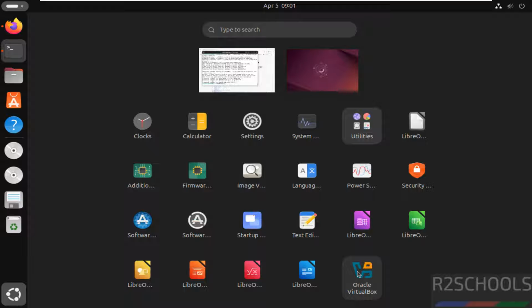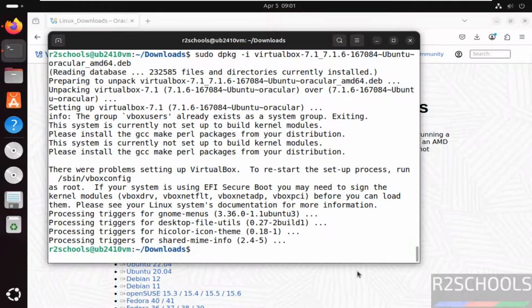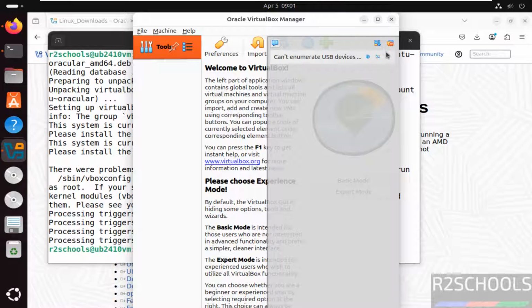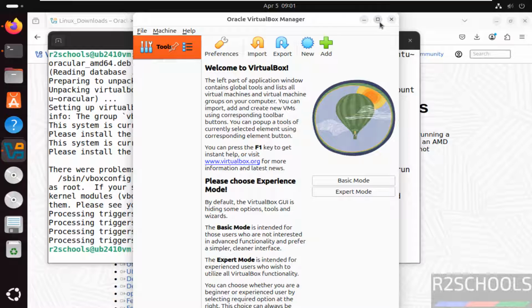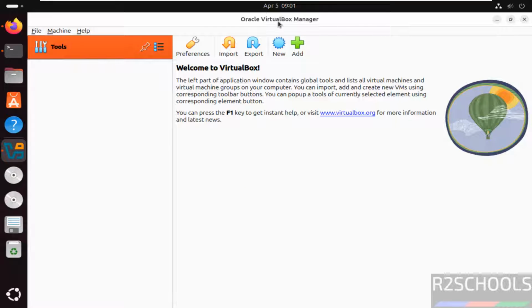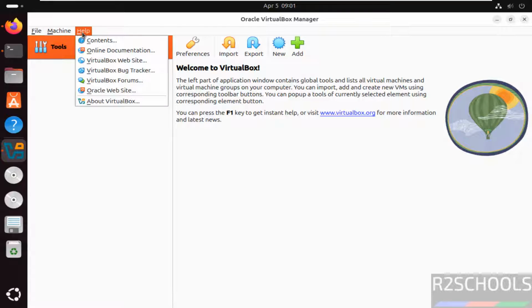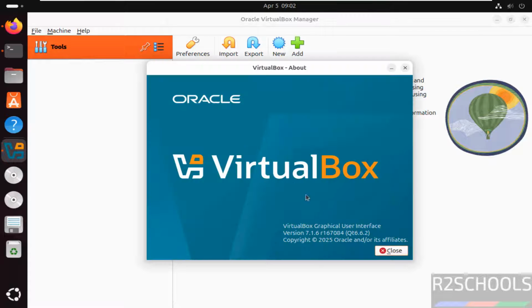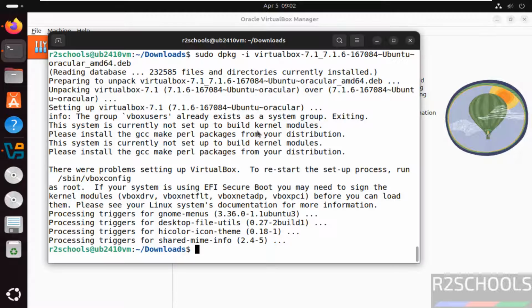See here we have the Oracle VirtualBox. Click on it. See, we got the Oracle VirtualBox. Let me maximize it. See, you got the VirtualBox. Click on Help, About VirtualBox. See here we have installed 7.1.6. Let me close. Now download the